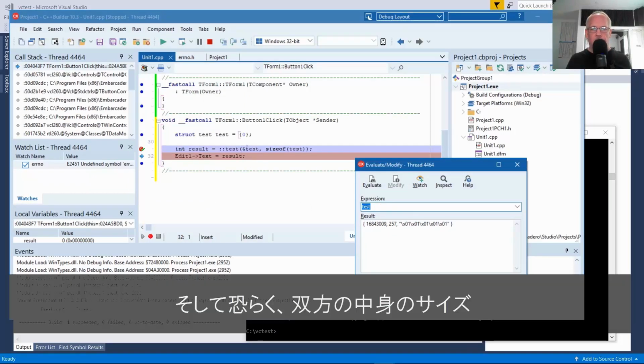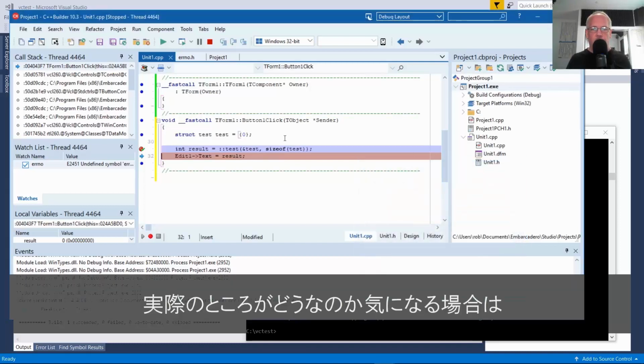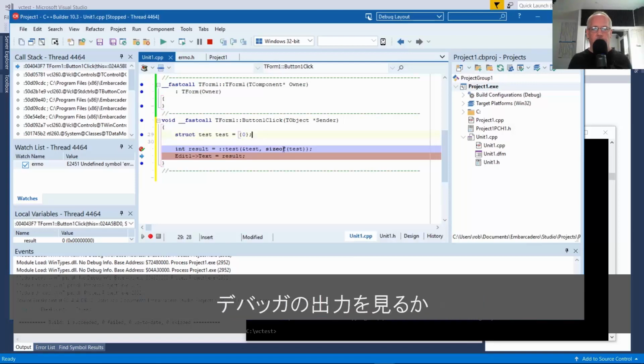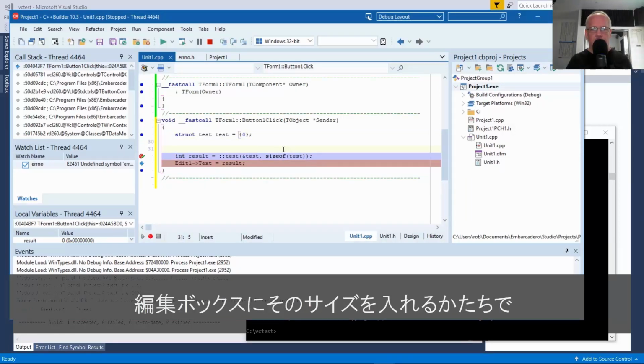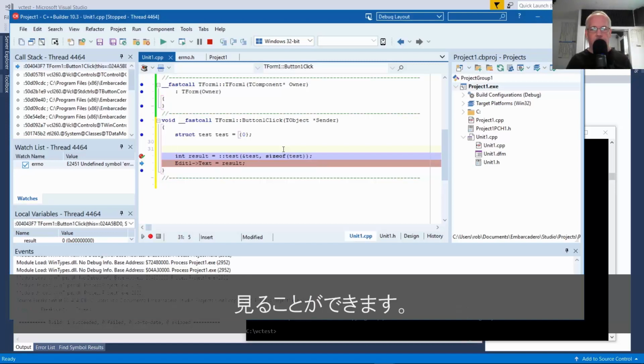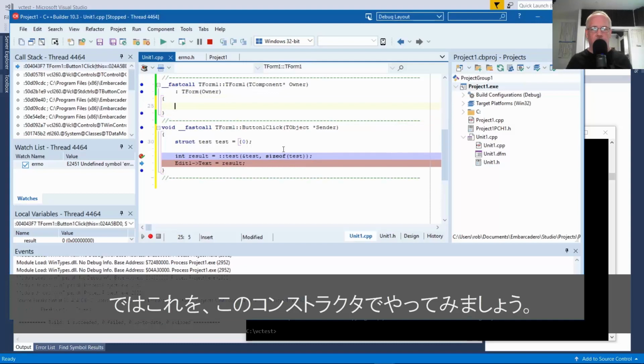And apparently they both agree about the contents, or the size, excuse me, of this structure, how many bytes that should be. If we're not sure, we're curious, we could output that to debug output, or we could put the size into that edit box. So we could even do it in the constructor up here.